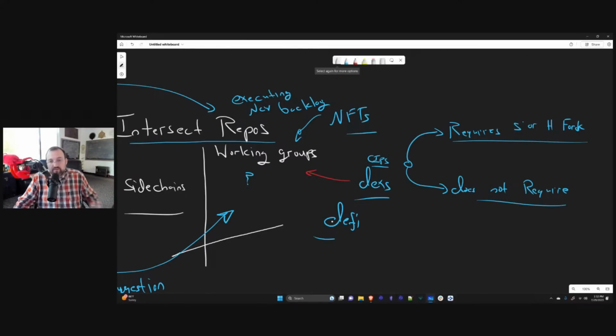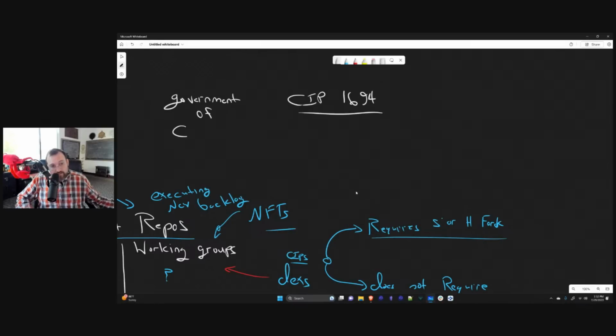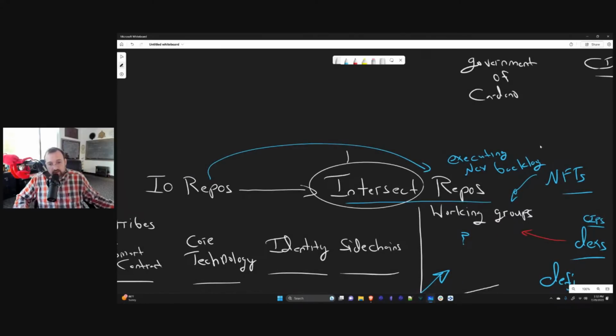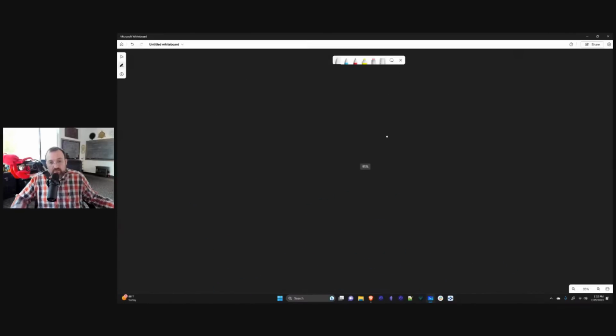So the interplay of 1694 is that what 1694 can do, which is independent of Intersect. It's important not to conflate the two. This is kind of the government of Cardano. And then over here, Intersect is kind of an execution vehicle. So it gets stuff done. What the government does is it gives permission. So when things like protocol parameters, things like hard forks, all these types of things, it gives permission to do